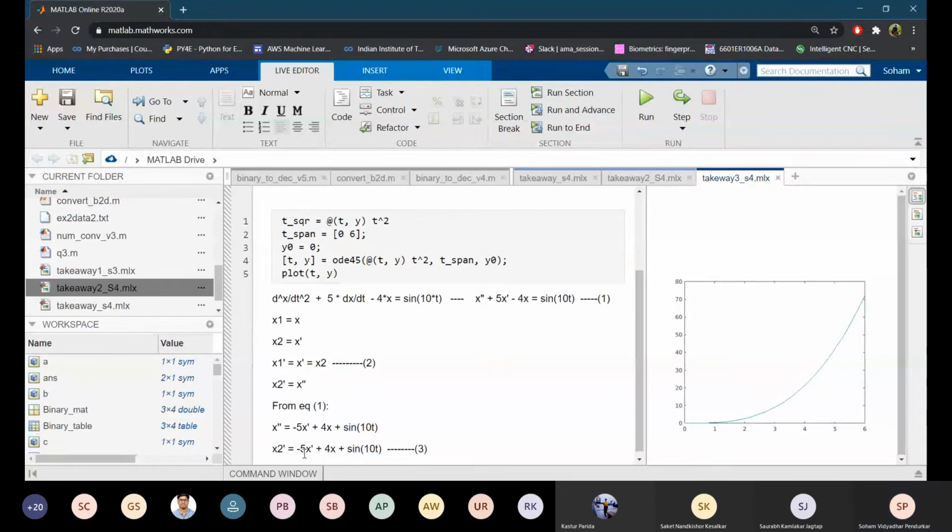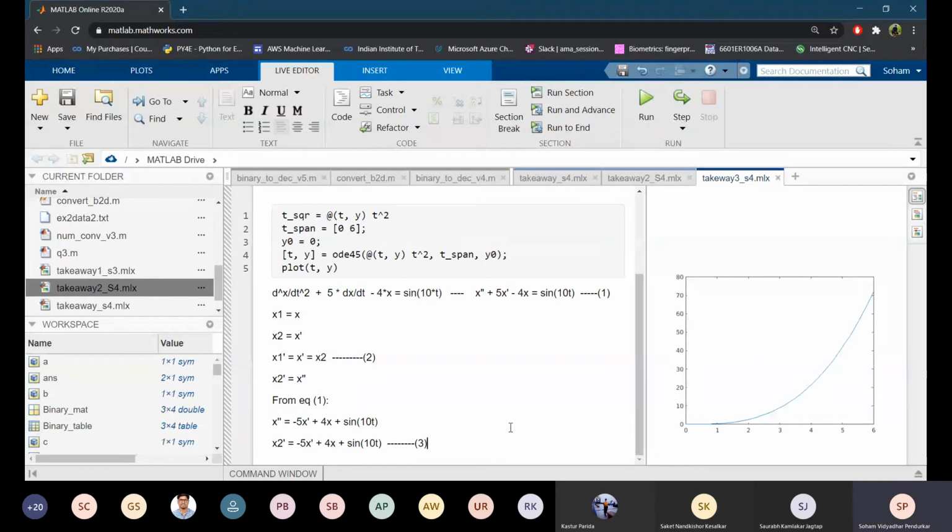So whenever you come across higher order differential equations, you need to convert them to a couple of first order ordinary differential equations, and then since solving these two simultaneously means exactly solving the parent differential equation, you will get the same result. And the rule is that if it is a third order differential equation, then there will be 3 first order linear ordinary differential equations, and so on. Okay, so this is how the conversion is, and now we are in a position to solve this inside this ODE